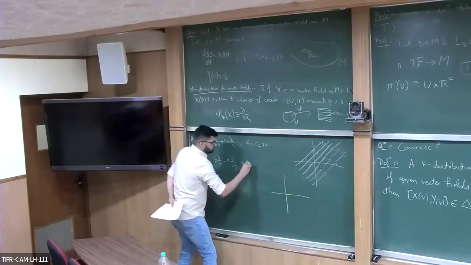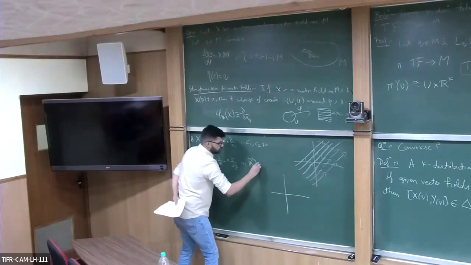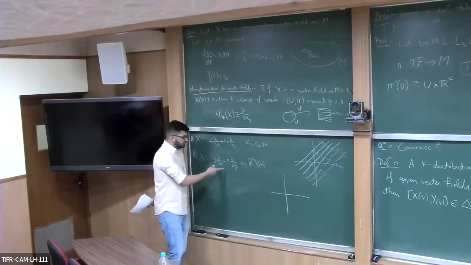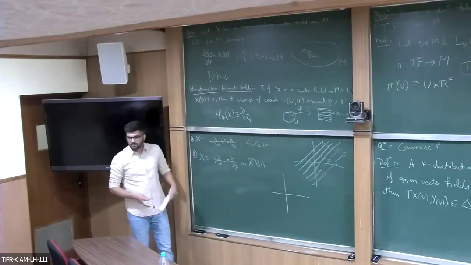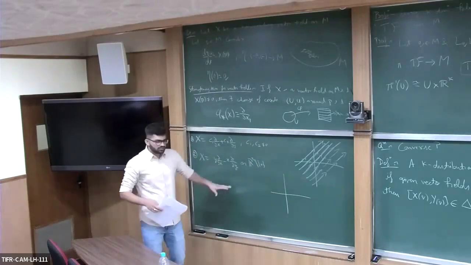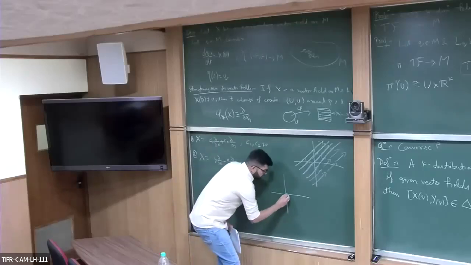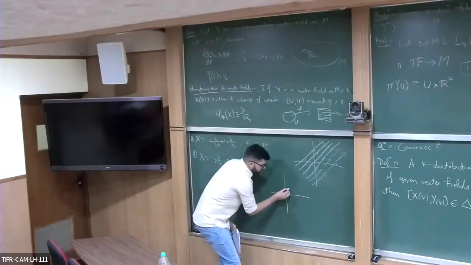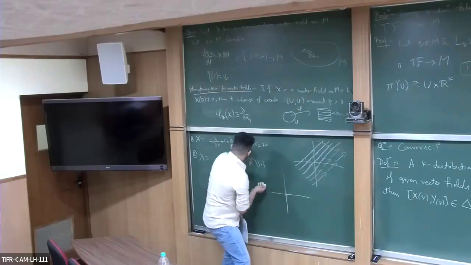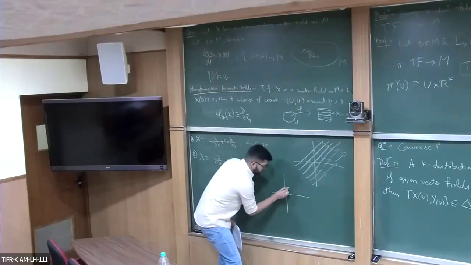Take this vector field on R2 minus 0, because at 0 this vector field is 0. We want the vector field to be non-vanishing. So our manifold is R2 minus 0. At each point, the vector is like this. So if we take a circle here,